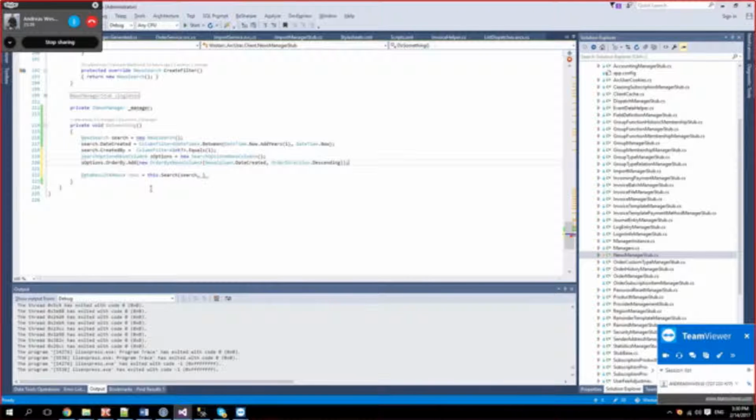So in such a way, this is the order clause, so we can specify that we want to order stuff by this as options.